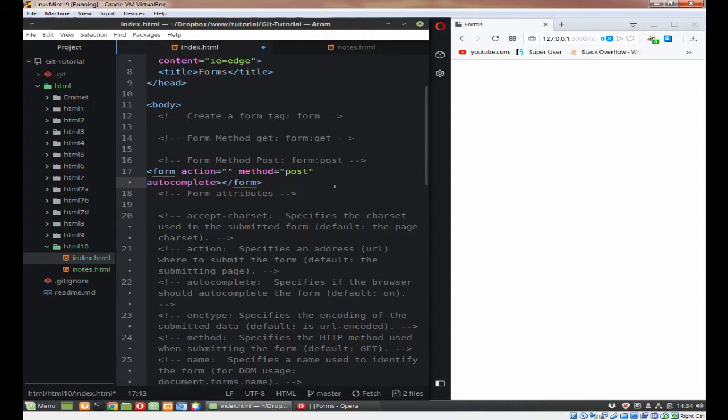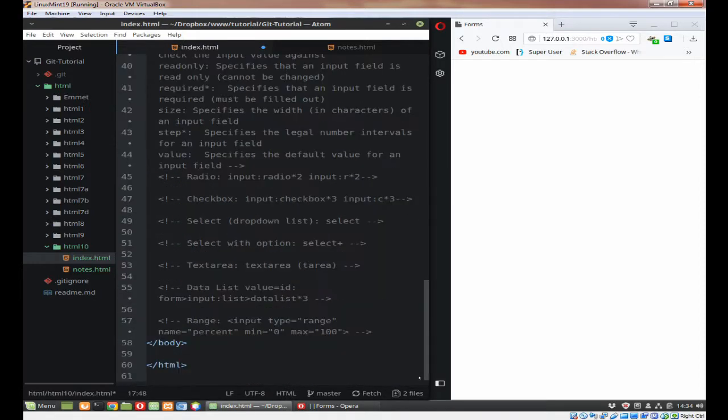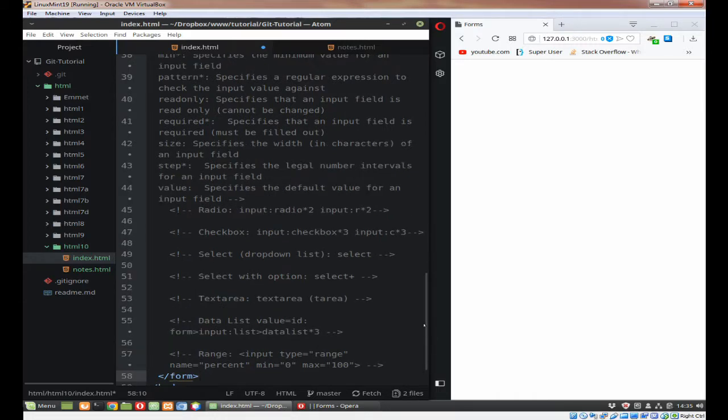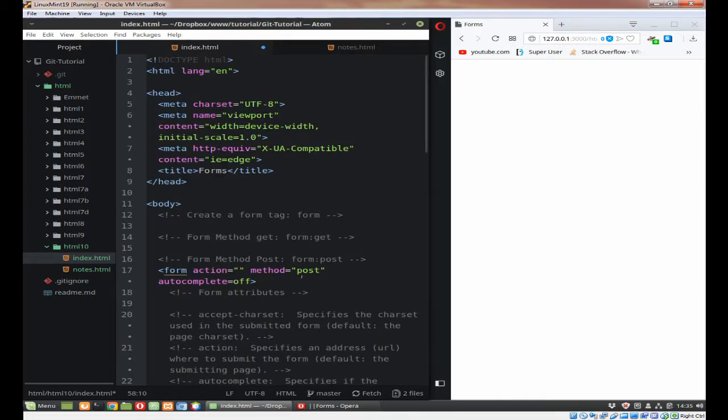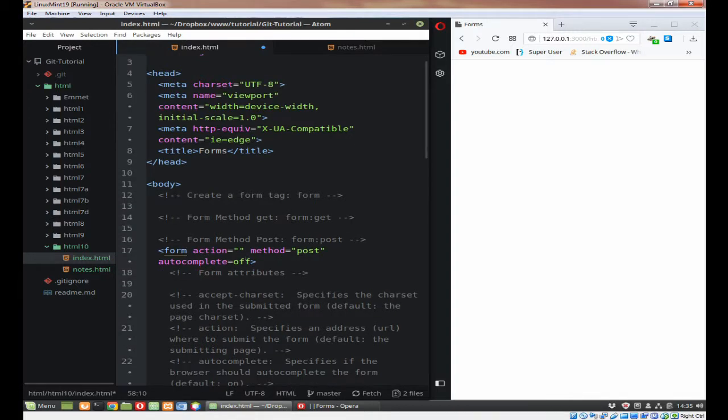Default is on, but you can actually set it to off if you wish by putting autocomplete is off. Okay. Right, just to make this easy, I'm going to leave that form at the top, and I'm going to move right the way down to the bottom here, and I'll just do that. Go back up to the top, so I've actually got a form. Okay, let's just remove the autocomplete, and